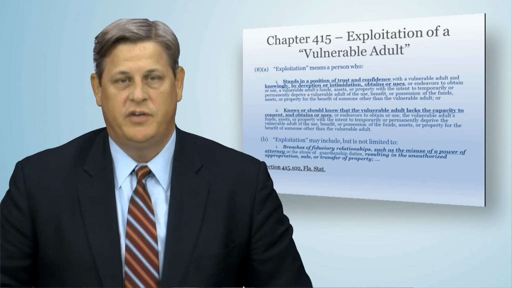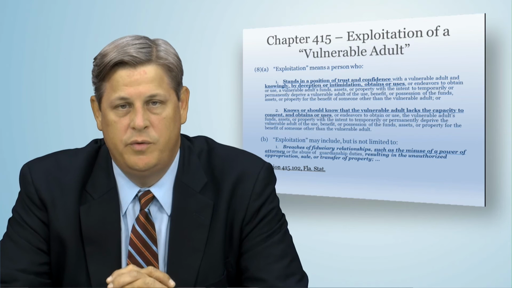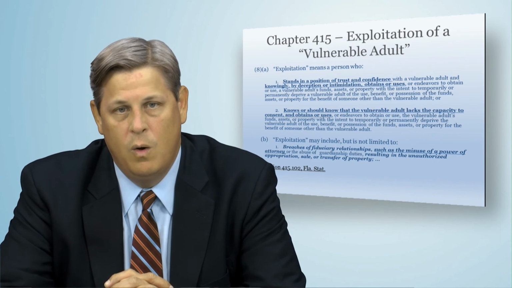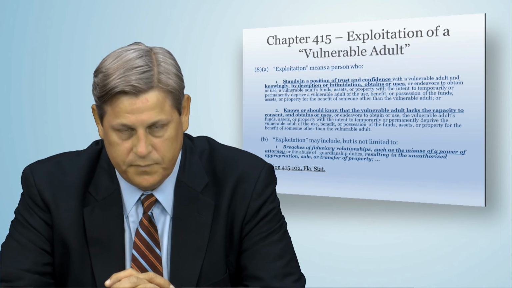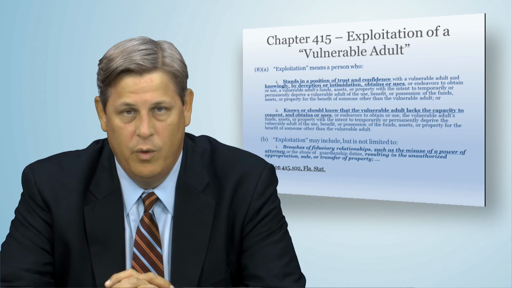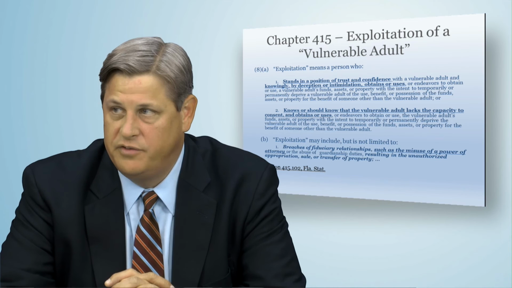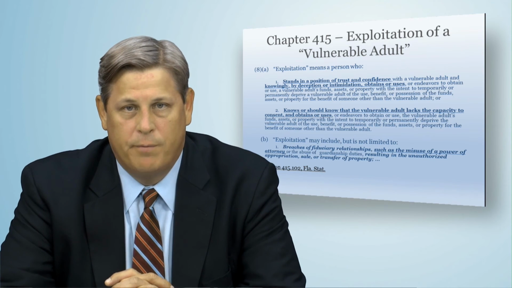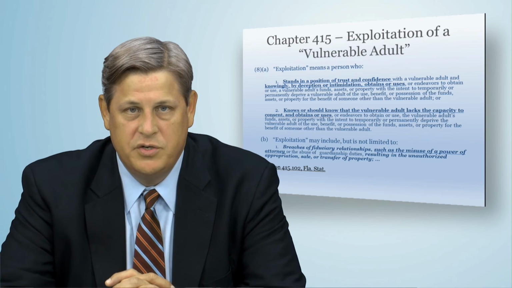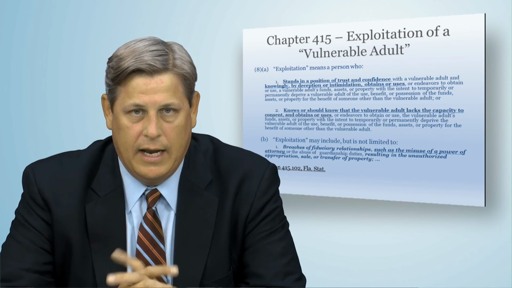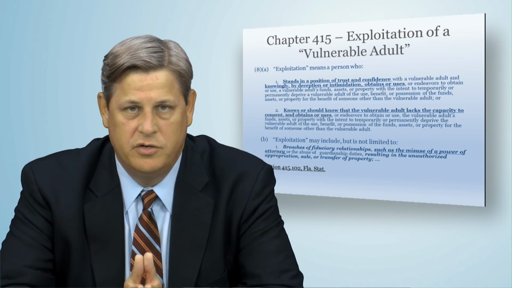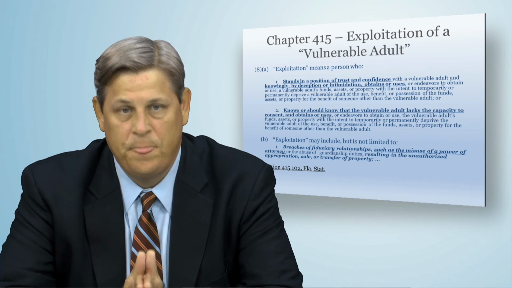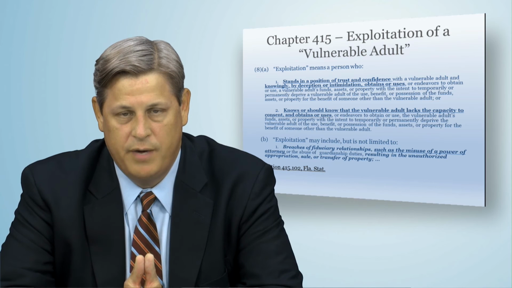Similar to what it says under 709, in this situation, it would be the agent using the power of attorney for his own benefit over the interests of the principal. And in this situation, that would amount to exploitation. It is very important when you look at this chapter that you see that the principal has the ability to go after and pursue damages under Chapter 415 when they have been the victim of exploitation as a result of the misuse of the power of attorney.